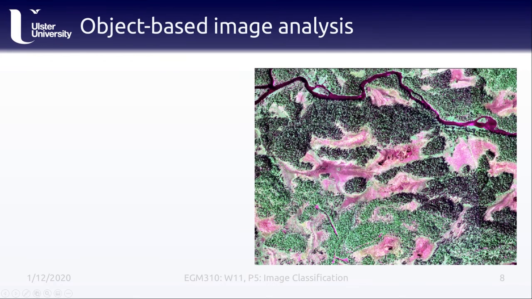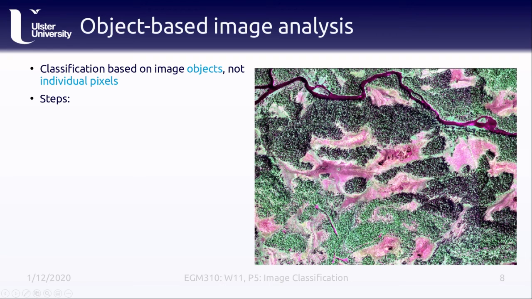Object-based image classification does a classification based on image objects, not individual pixels. This is somewhat analogous to how we see the world. We see the world as being made up of discrete objects rather than pixels or whatever the equivalent for our eyes would be. The different steps for this are that first, we have to segment the image in order to